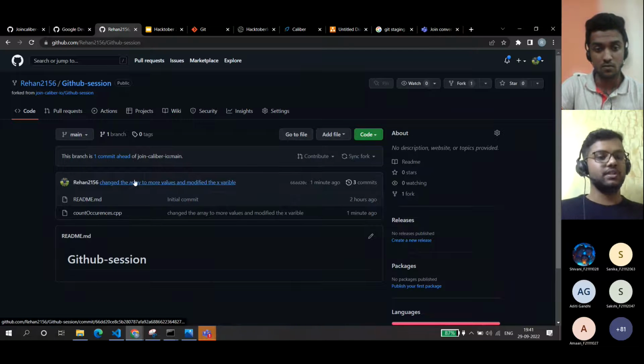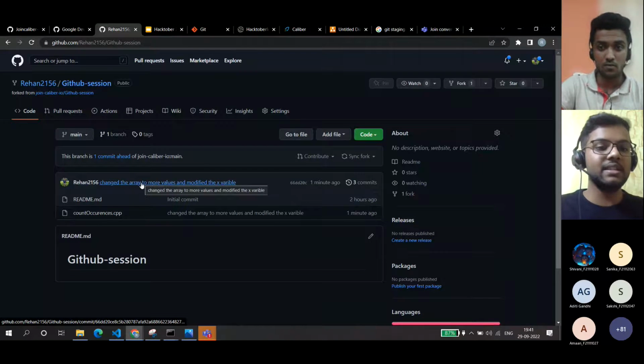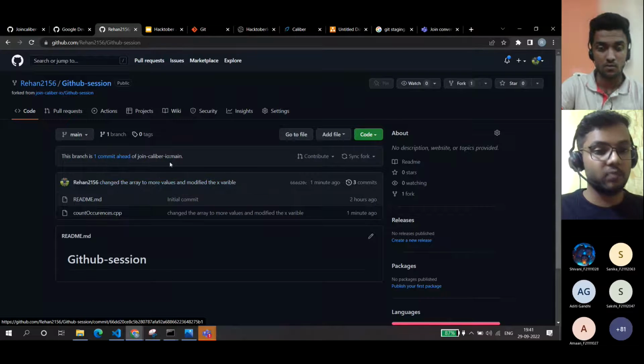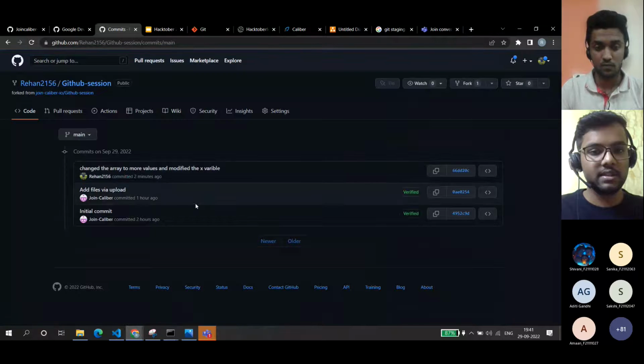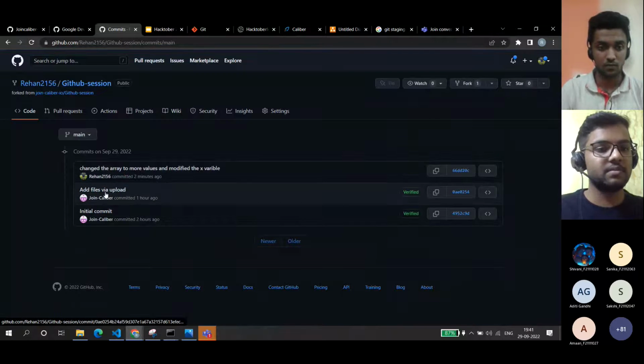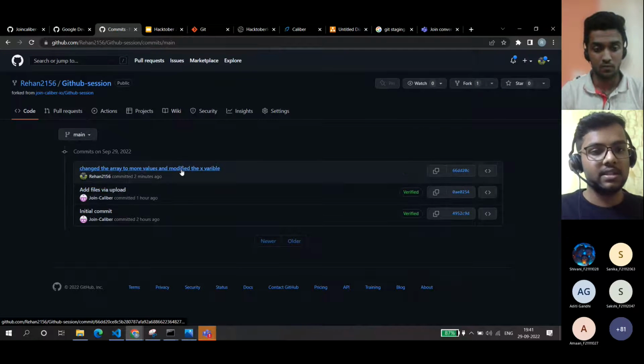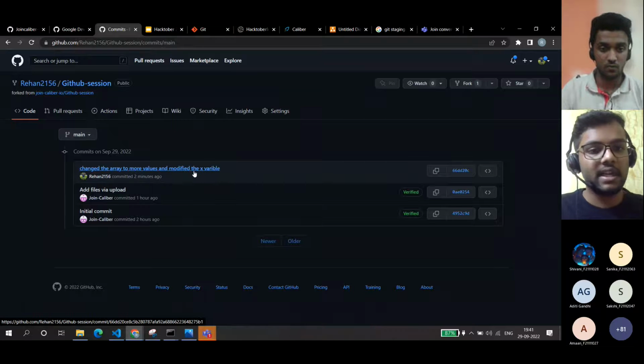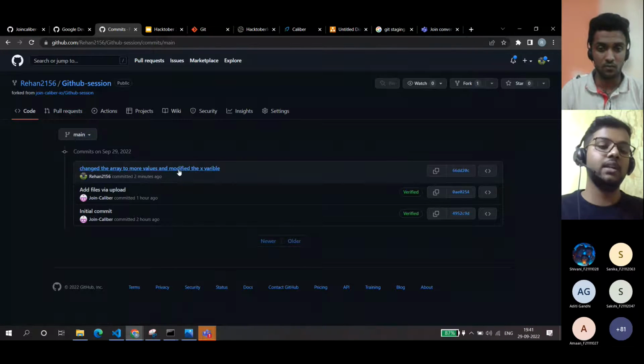Let's say I make 10 more changes, and let's say my 10th change is buggy. So I can move back to the 9th change because of GitHub. Here you could see there were 3 commits. These are the commits by my friend, and this is the commit by me. Let's say I find now that, oh, my commit is not great. So I also have an option to remove this. That's where GitHub helps you.